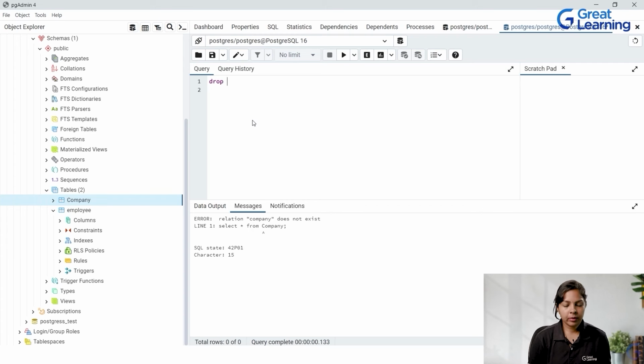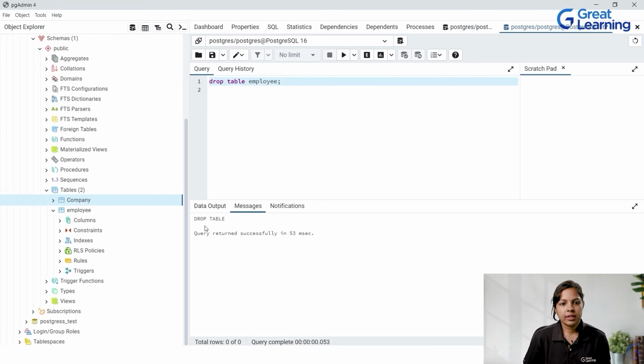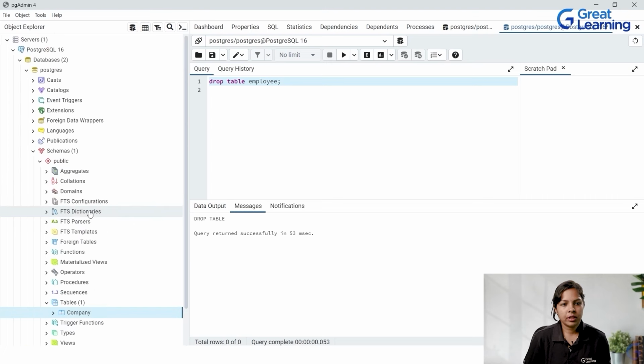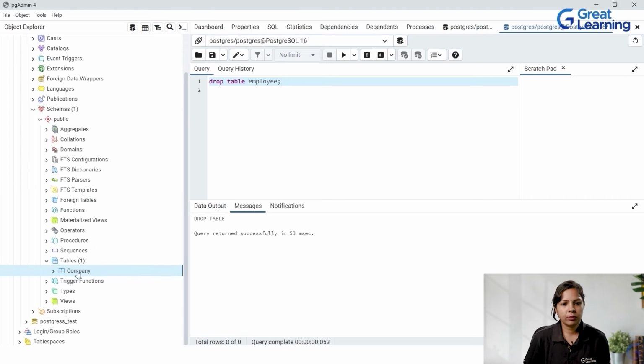So I'll use drop table and the name of the table. We have created an employee table. Let's delete that and check. So drop table employee. It says drop table. We just have to refresh once to see if it has been deleted. You can see there is only one table now, that is company, right? Now we should